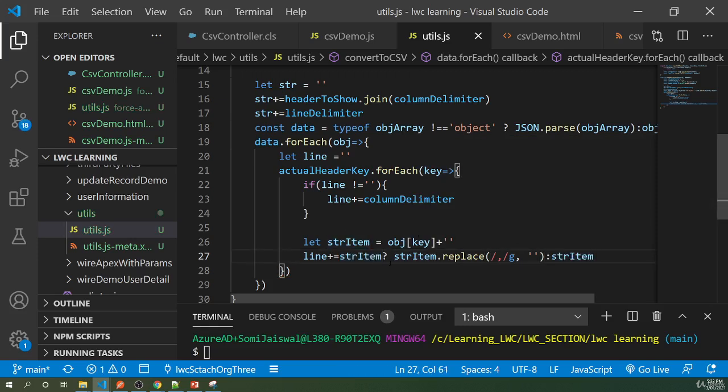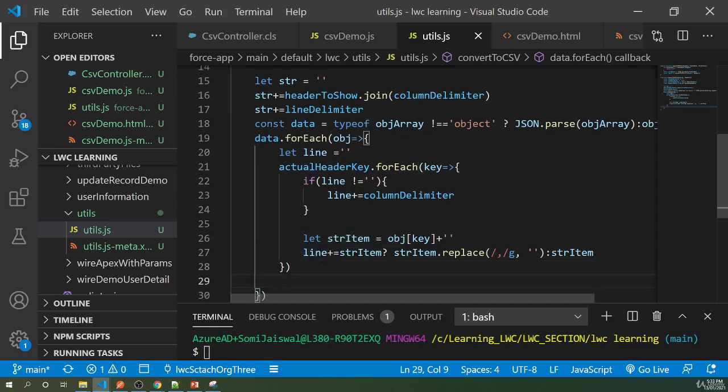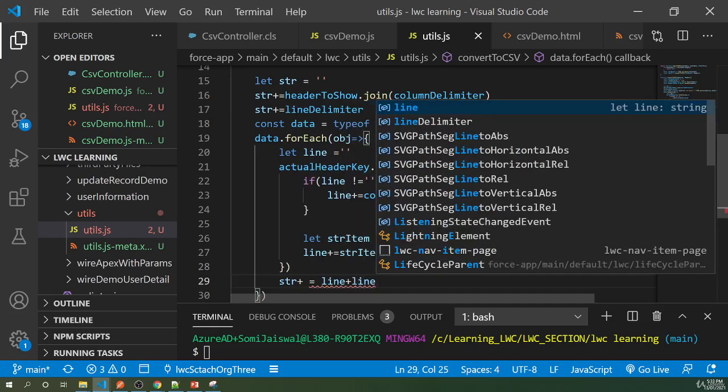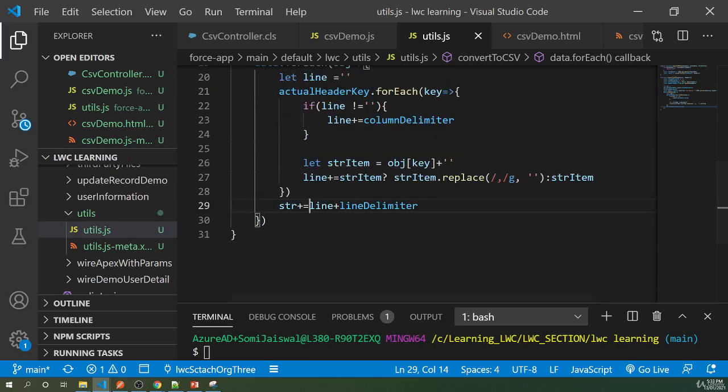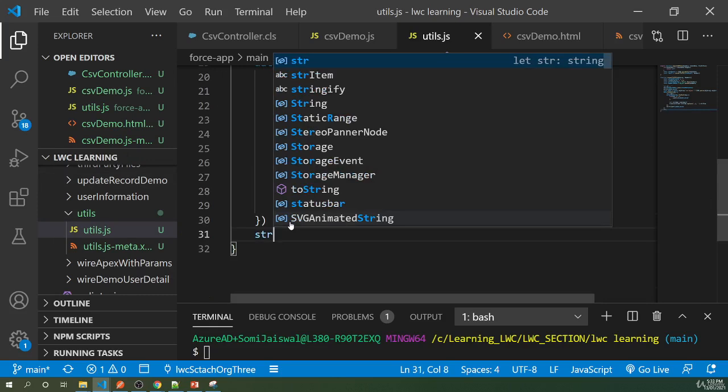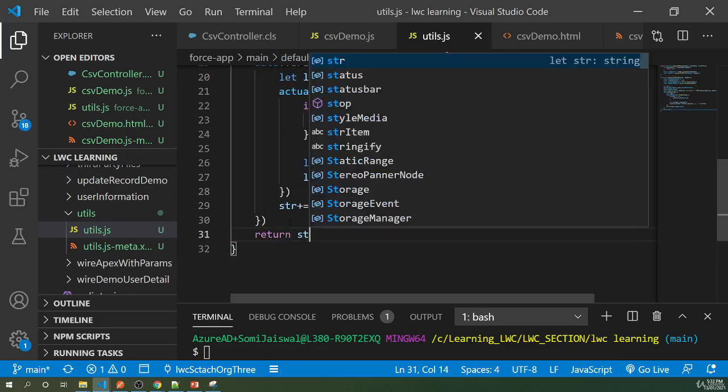And now once the header loop is done, we'll say string plus equal to line plus line delimiter. So we'll break the line there and append that to the string. The same operation will run again and again for each object, and then we have to return the whole generated string. We'll say return string,